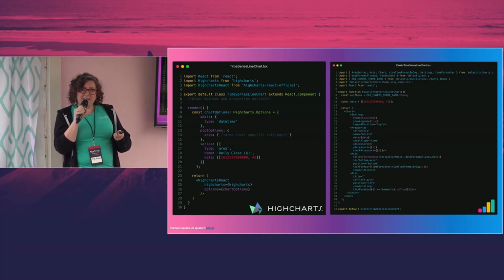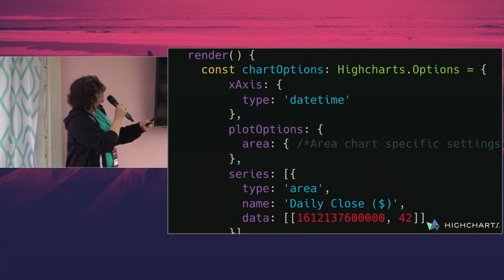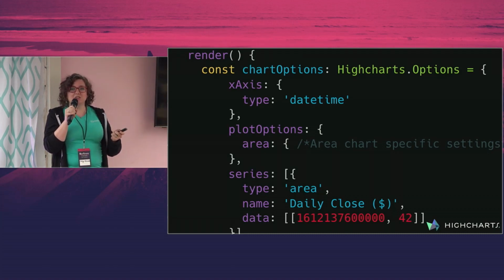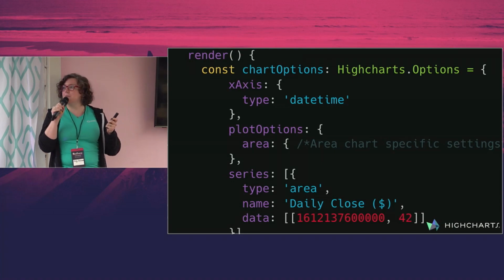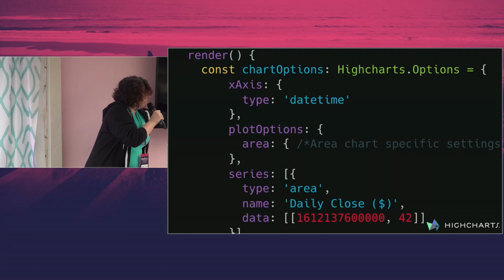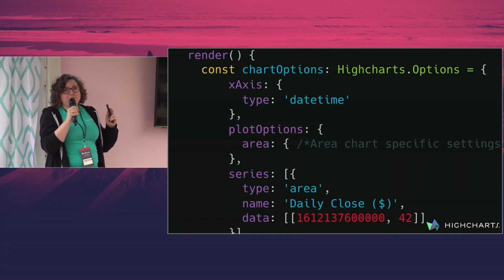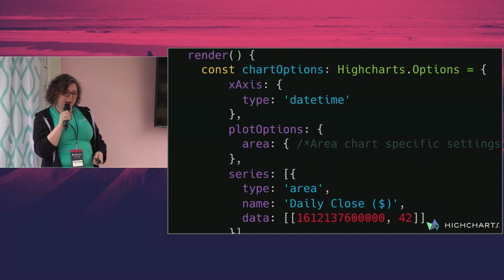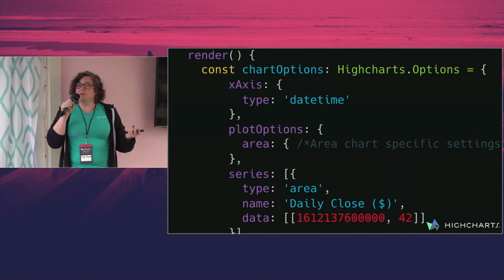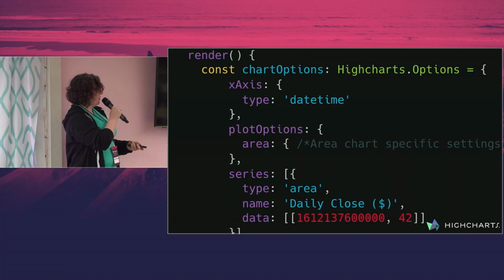So we'll do a quick note of the code. Here is the Highcharts code. The biggest thing I want to call out is we need to tell it that it's dealing with a date time series. Otherwise, it's going to think you might be dealing with some really big numbers on your axis. The data series has the time representation in milliseconds. That is your time. And then you have your appropriate value to be rendered as the point on the Y. You'll then add in your plot options. That's where things like those legends and tooltips that we talked about in the Recharts example are going to live. Obviously, check out the documentation to see what's going on there.